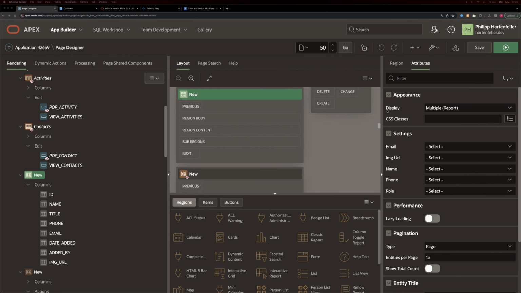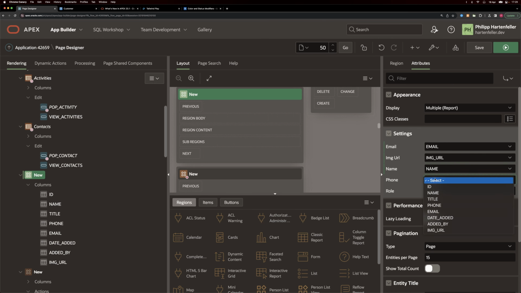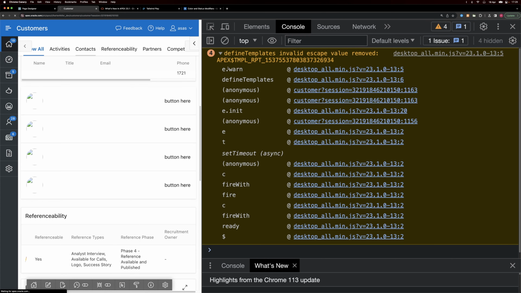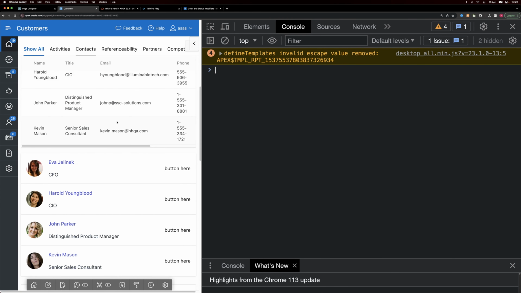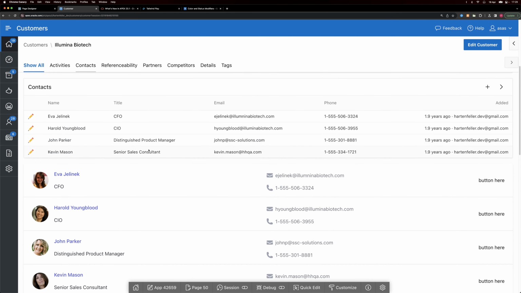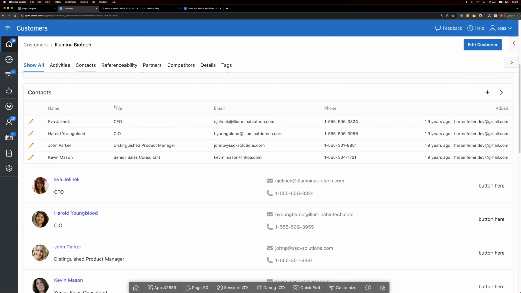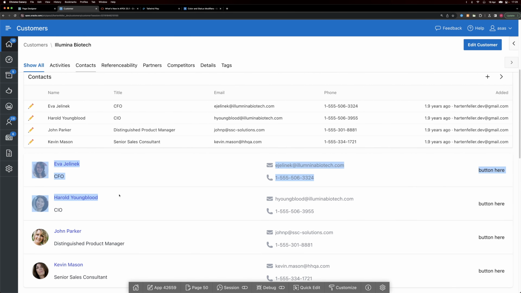I just forgot to apply the columns to the template settings here. So email, image URL, name, phone, role is title. Okay. And this looks way better. Okay. So as you can see now, we have a more beautiful list of contacts here,